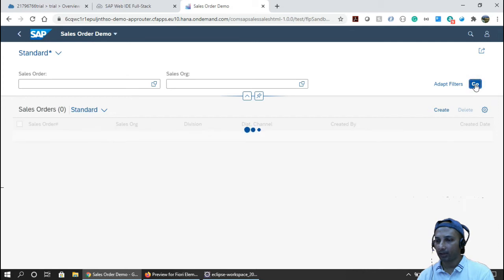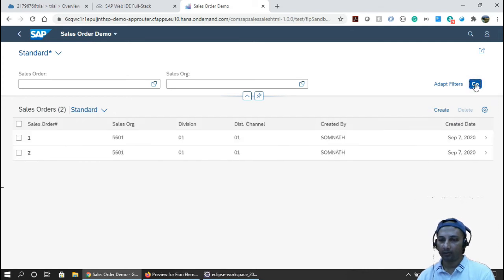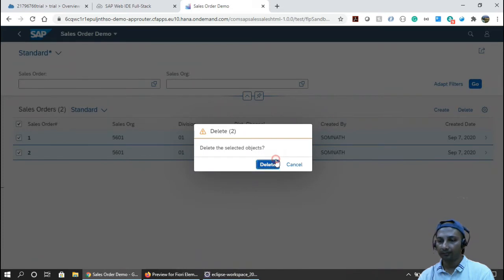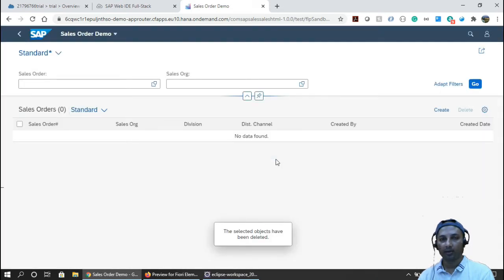If I just select go, you will see that you have both the records, and we can select with multi-select options, right? Cool. So now we have a provision to delete both the records together. Let's click on delete. Fantastic. Now we have a provision to delete multiple records, right? A very simple setting that we can change.